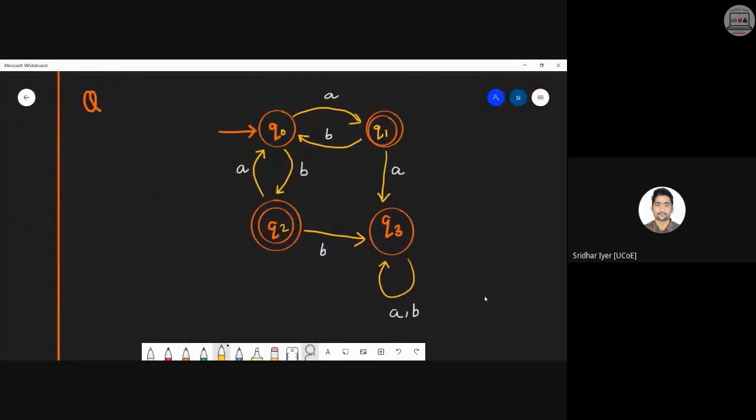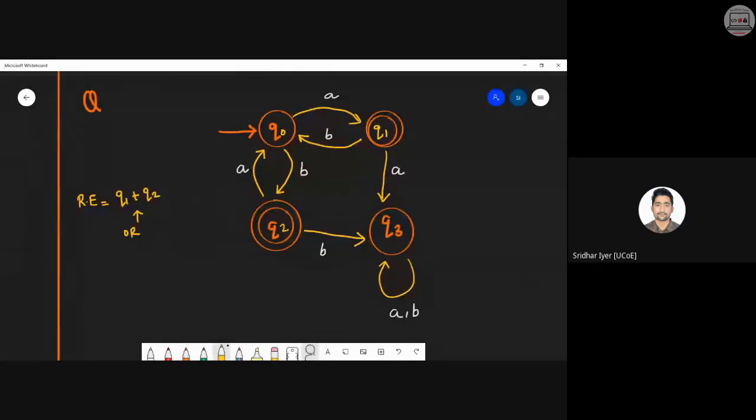Very simple, straightforward. Now we have two final states, so you have to apply the same technique here. The final regular expression will be like this. It will be a combination of Q1 plus Q2, because plus is nothing but an or, right? So either the machine is in Q2 state or it is in Q1 state, both are acceptable. So whenever you have multiple final states, you have to put an or between all the final states. Either this or that. Clear? So solve this particular equation. Try to find Q1 and Q2, the regular expressions only in terms of alphabets, and then you can put a plus in between to get the final answer.